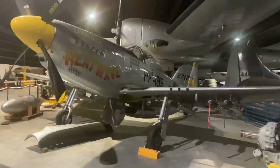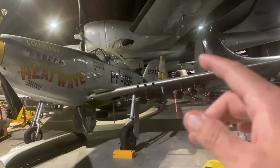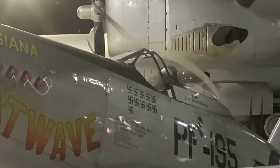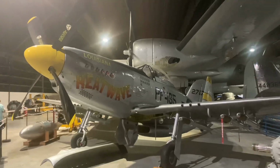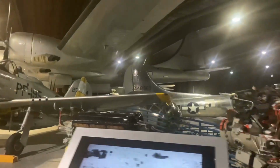P-51. You look at this particular plane, it looks like 1, 2, 3 shot down 11 Nazi aircraft. You see the swastikas there? Tell you how many Nazi planes they shot down. That's awesome. And the air invasion of Normandy,